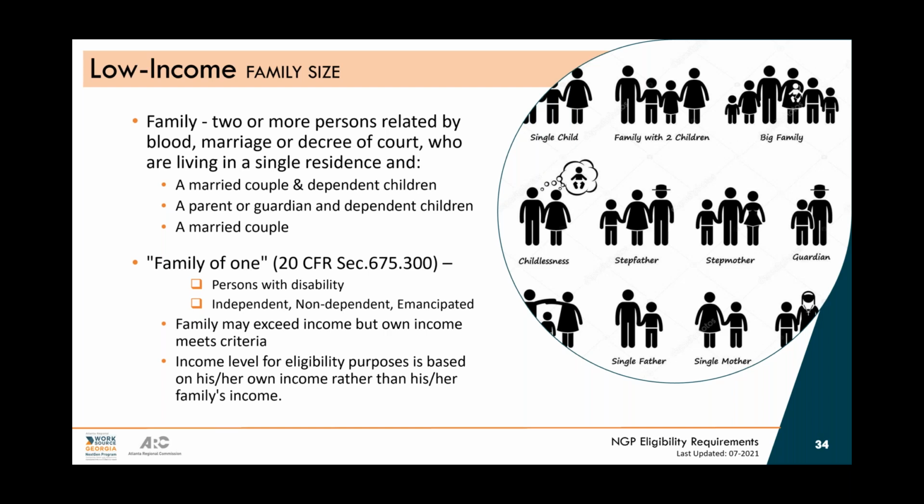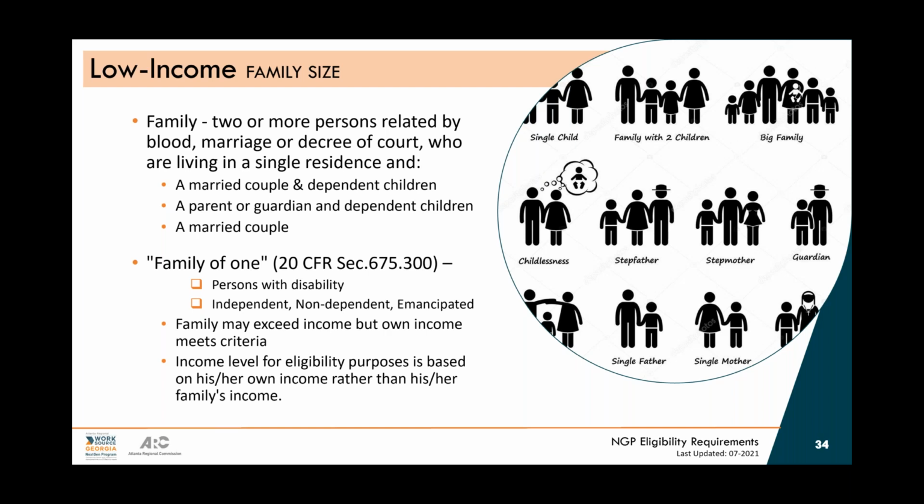But you have to decide who in that family actually needs to be calculated. Who in that household actually needs to be calculated in the income. And be mindful that we see all the documentation, so we can see all the names that the customer put on their application. And we're going to be looking for your justification on whose income you selected. So it does have to follow the regulations, and you will have to show your justification.